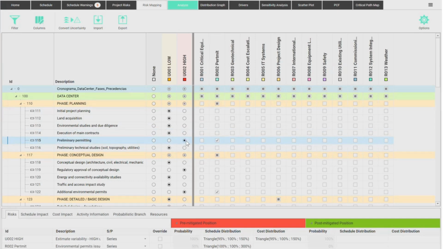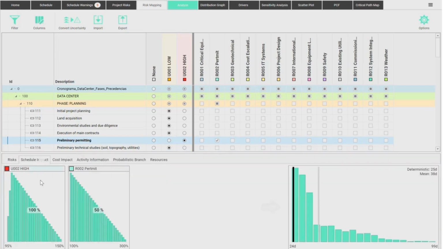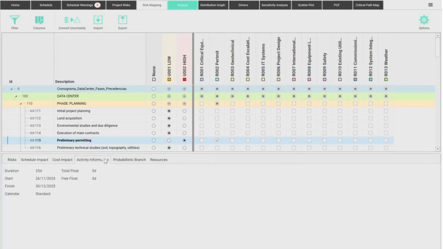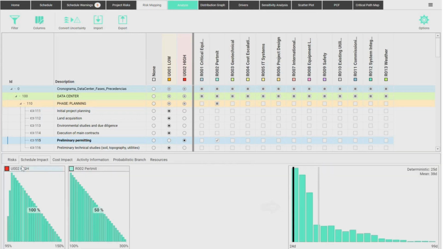Now, permitting, that's a high variability task. This may take a lot longer than what we aimed for. We're doing the best efforts to make it fast. According to the information I have here, this thing should actually take 25 days. But based on the risks that we mapped here, there's a high variability risk. And there was also a second risk mapped to this one,